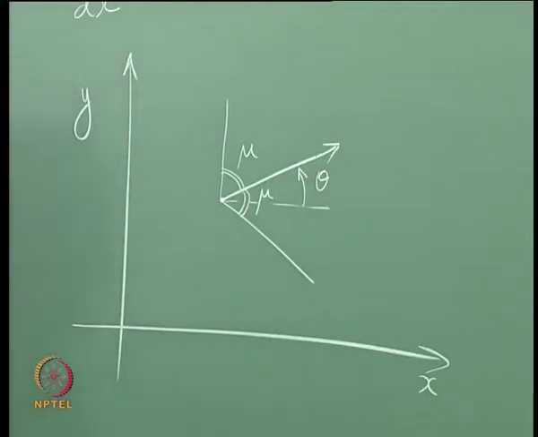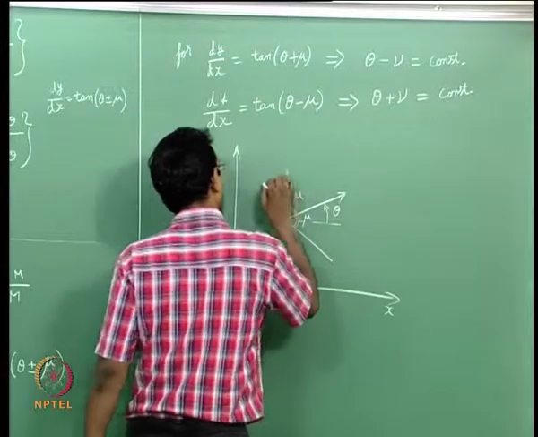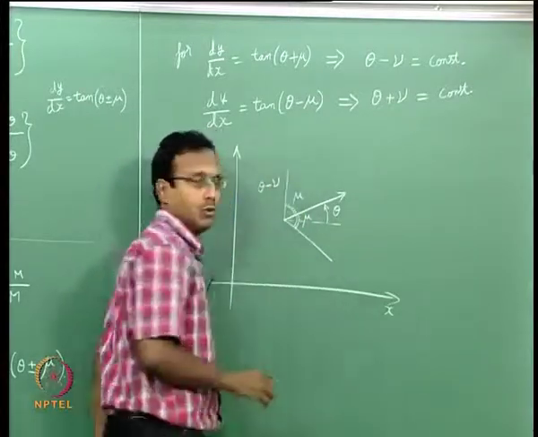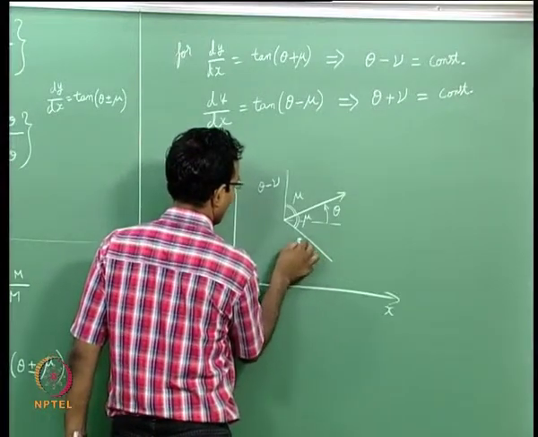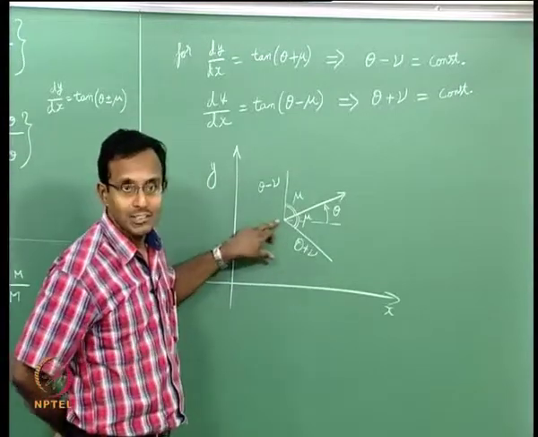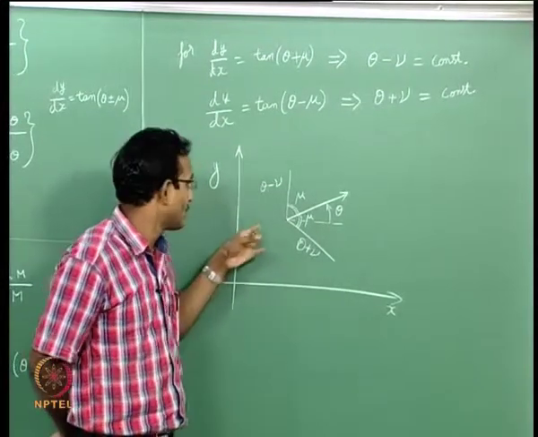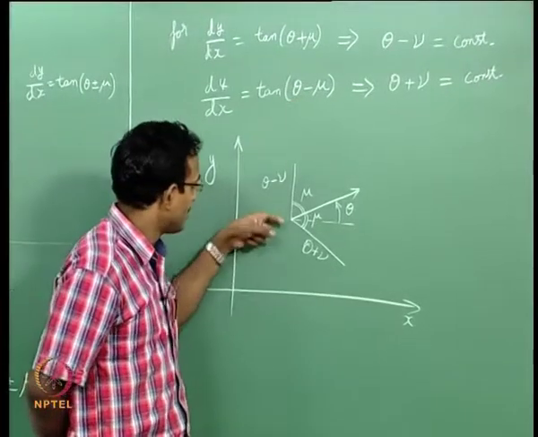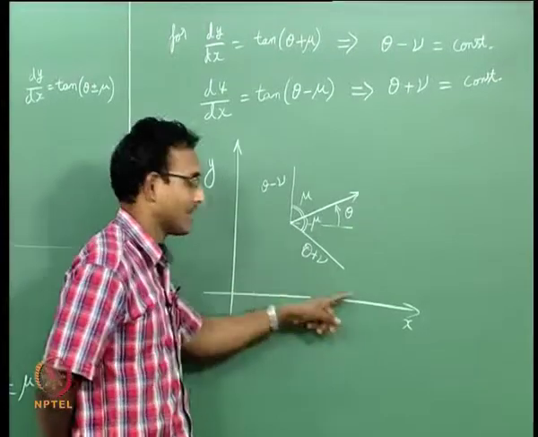Both are mu angle with respect to the velocity vector direction, and now I am going to say theta plus mu, that is the top line, is going to have theta minus nu constant, and this one will have theta plus nu constant. Those are special informations carried along this line. That information does not change, it just keeps going along like this. Similarly, it is going to go along like this, it is going to be this value here. This is what is happening in here.